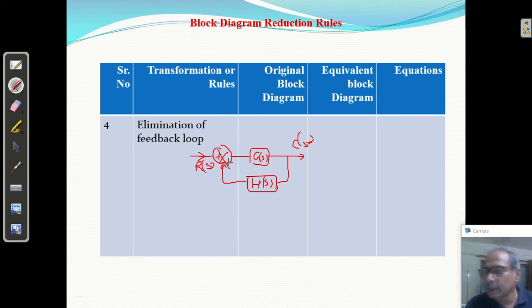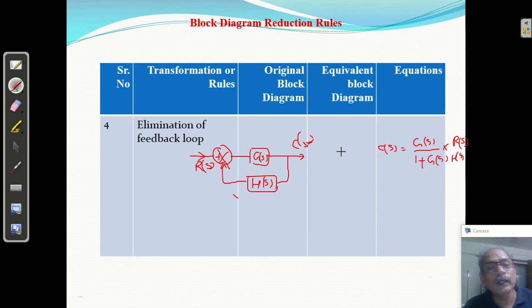So we have studied this. It is a closed loop control system, a simple closed loop control system. And okay, what is its output? We know the transfer function, C of S upon R of S, equal to what? G of S upon 1. It is a negative feedback, so it is plus G of S H of S. C of S upon R of S, so into R of S.